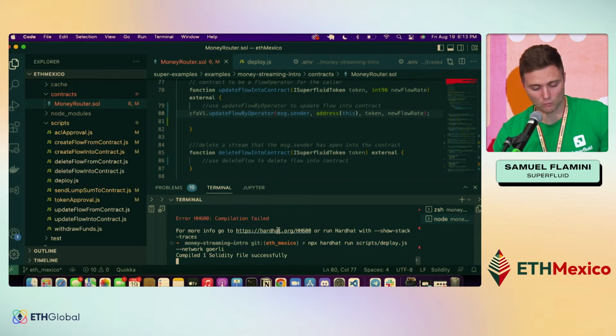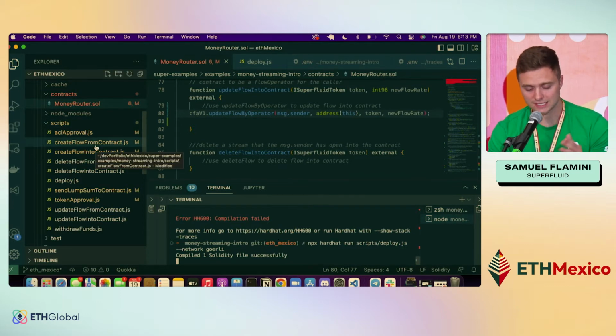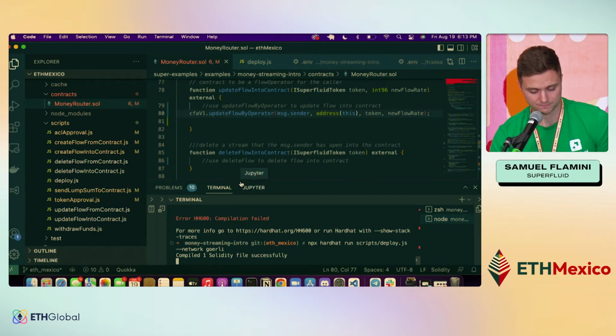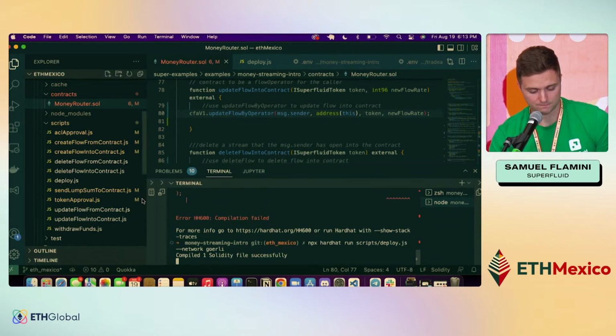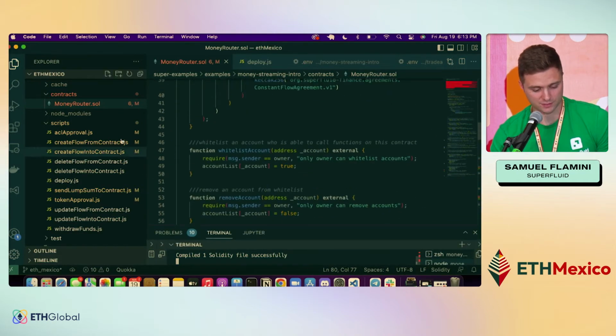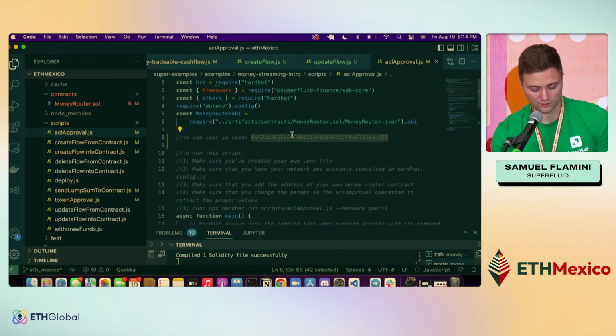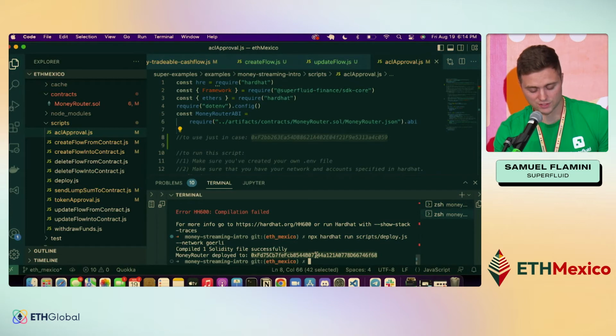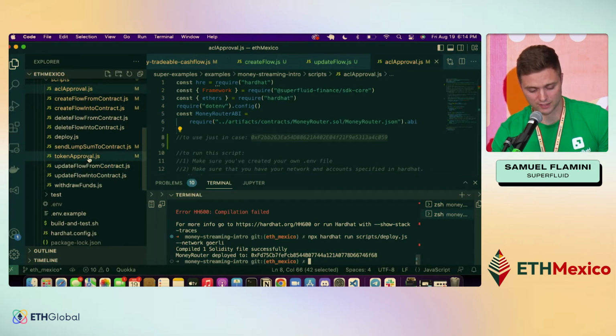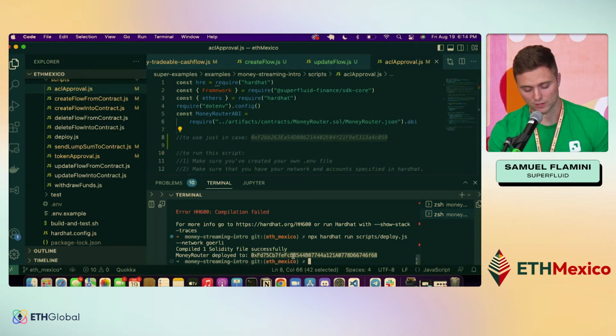And then the second this deploys, what we'll be able to do is send some funds into the contract itself and then open a stream from that contract to a different address. Okay, so this is just loading for me. Alrighty. Gotta love Alchemy with the RPC. All right, and I do have a backup example here, which is something I'm glad I prepped. But the goal here will be, as soon as this is deployed, all right, it looks like it did just deploy. As soon as this is deployed, we'll be able to create a flow into this contract and then ultimately create a flow out of the contract, right?